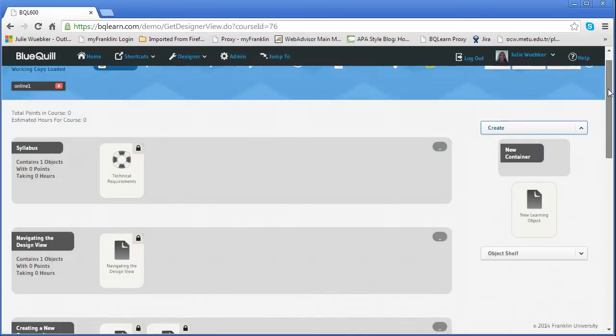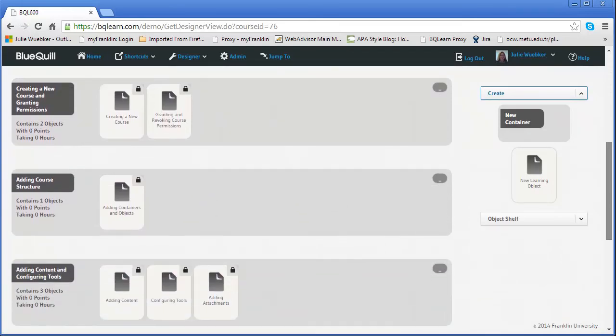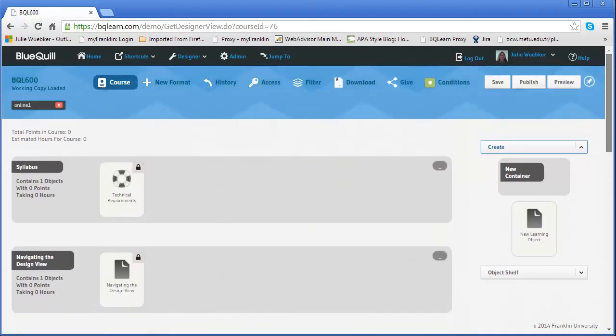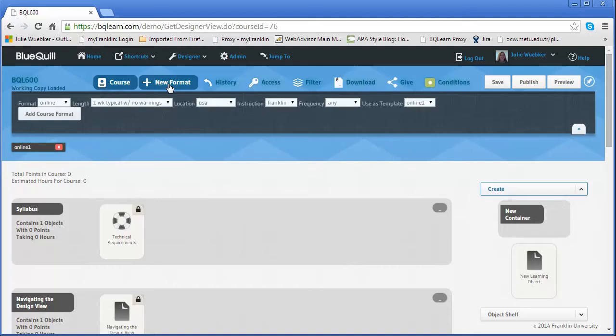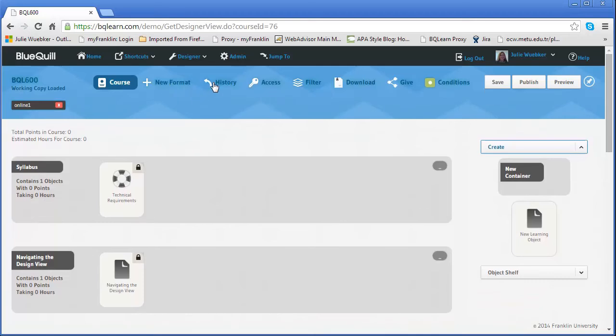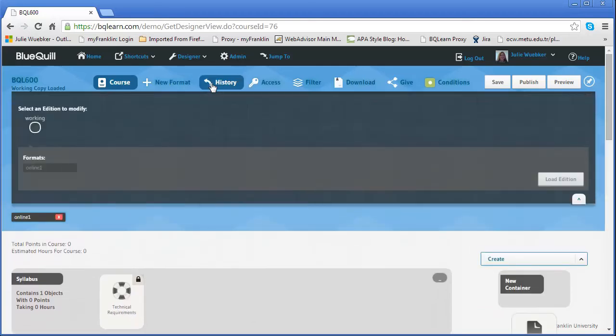So now I'm within the course, and if I scroll down, I can see all of the objects and the information that's already been placed there. Here at the top, this button will always bring you back to this view of the course. If I need to add a new format, I can click this plus to add a new format. As you may notice, it's very similar to the same view that you'll see when you create a brand new course in the beginning. I can view the history of the course, as in how many different editions have been